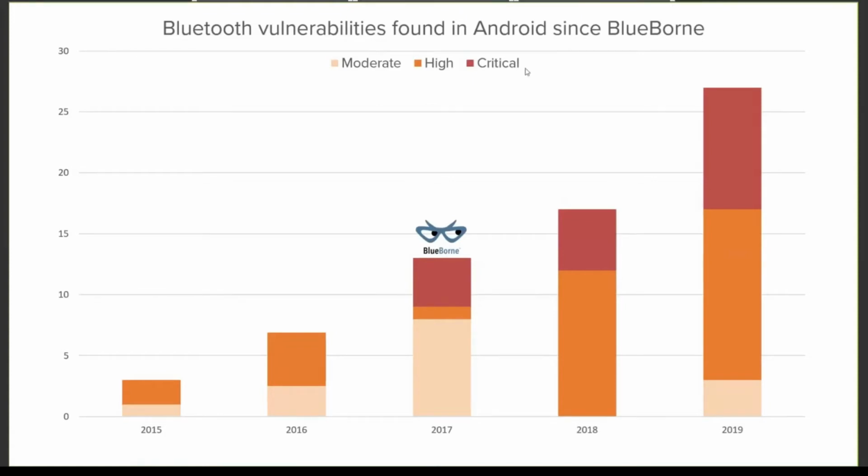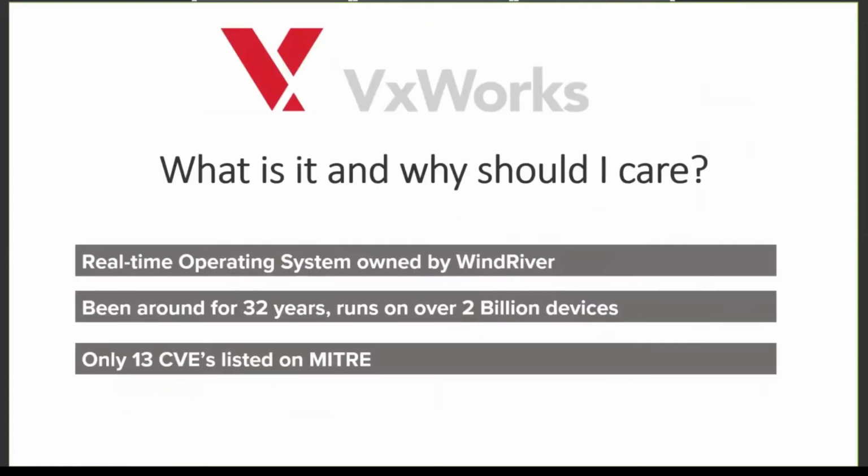Okay, so going back to Urgent 11, I mentioned it affects VxWorks. So what is VxWorks? VxWorks is a real-time operating system owned by a company named Wind River and used by more than 2,000 device manufacturers. That's a big number, and I'm not overstating it. VxWorks is probably used by anyone, as you'll see in a minute. It's been around for 32 years, a very old, very reliable operating system, and it runs over 2 billion devices. You could call it the Android of